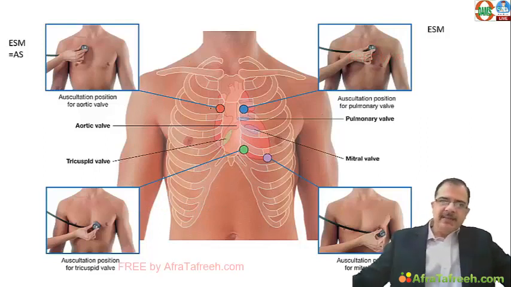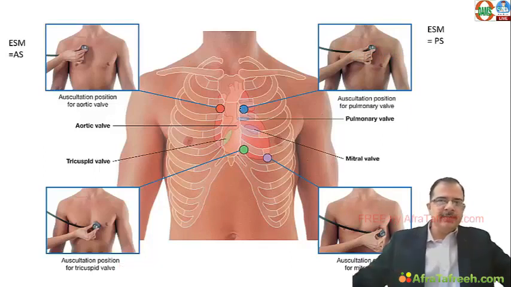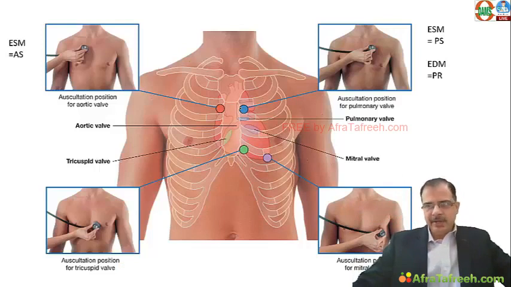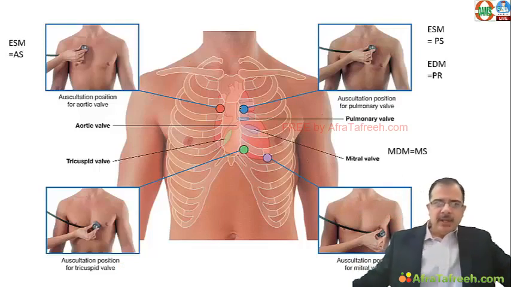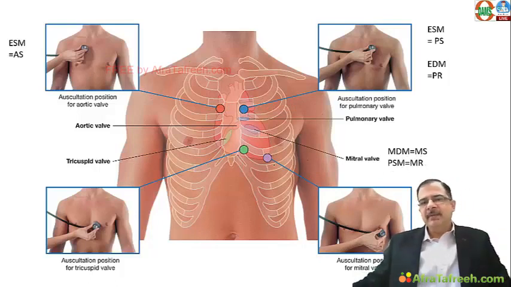While in the second intercostal space, the blue color dot is the pulmonary area. In the pulmonary area, an ejection systolic murmur is pulmonary stenosis, and an early diastolic murmur, also known as Graham Steell's murmur, is pulmonary regurgitation, PR. This is the mitral area. The mitral area is nothing but the apex. This purple color dot is the mitral area. The examiner has put the stethoscope here, just medial to the mid-clavicular line, 5th intercostal space. A mid-diastolic murmur is MS and a pansystolic murmur here is MR. Any mitral valve sound will be heard at the apex.